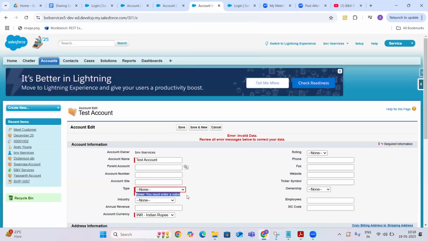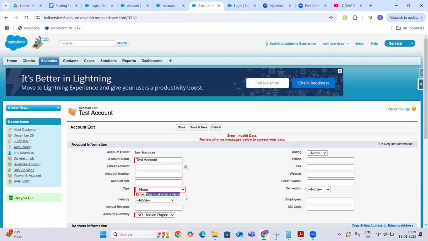Whatever validations are fired as part of these mandatory checks, for example, whenever you make it a required field, automatically these messages are getting displayed, right? These we call system validations.